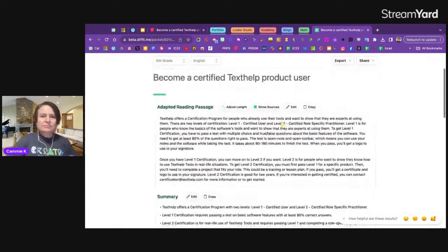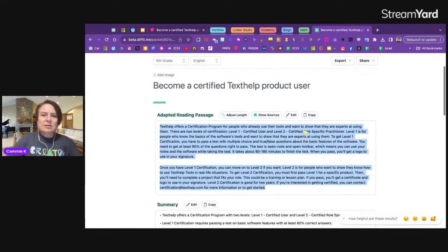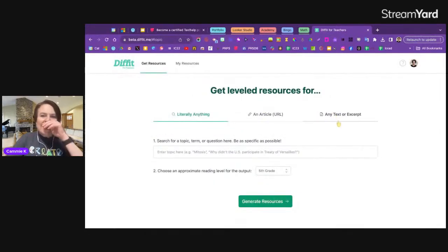And then it also has one more feature, and that is any excerpt or text that you copy and paste in there. I did not have time to get my document open where I have all the material that I wanted to copy and paste, but there are some things that I can tell you about that. And so we're just going to pop over to